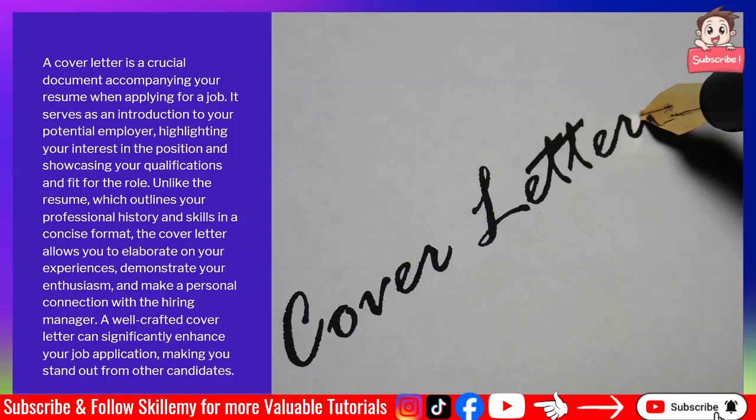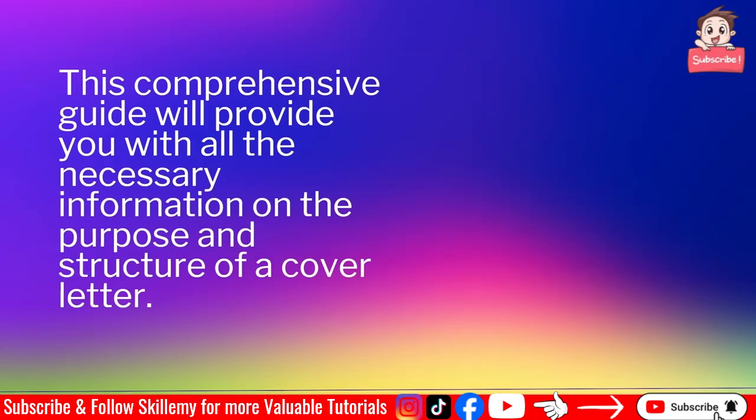A well-crafted cover letter can significantly enhance your job application, making you stand out from other candidates. This comprehensive guide will provide you with all the necessary information on the purpose and structure of a cover letter.